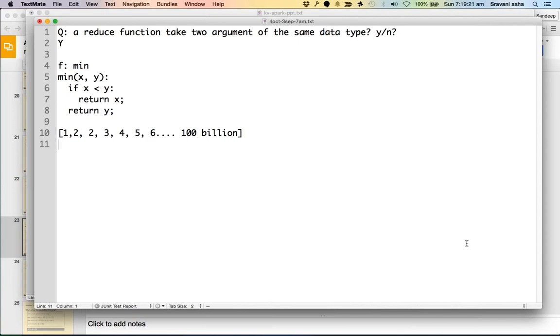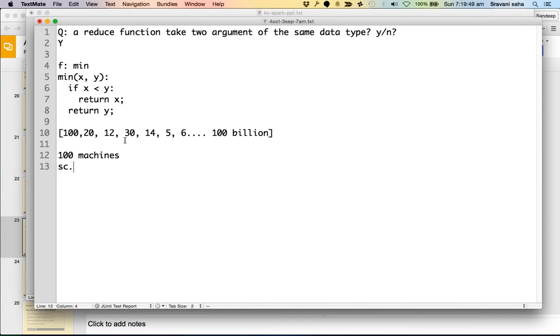If you have to compute the minimum of these values, what will you do? And this is not ordered. This could be say 100, this could be 20, this could be 12, this could be 30, and this could be 14. So this is not sorted. If you have to compute the reduce of this, what you will have to do is split it, let's say you have